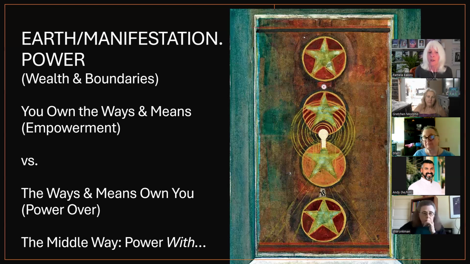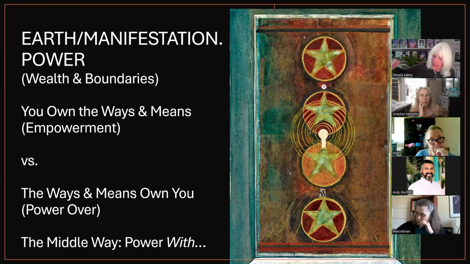But you're trapped. You're completely trapped. Okay, so the middle way would be power with, some anabolism, building up, but also taking out. So we'll get to that. Also taking things out so it stays balanced. Otherwise, we wind up in a situation of hoarding, for example, and then we can drown under everything. So the middle way may be power with or power together, and it's going to require more of a thought